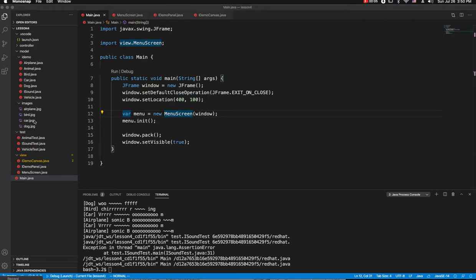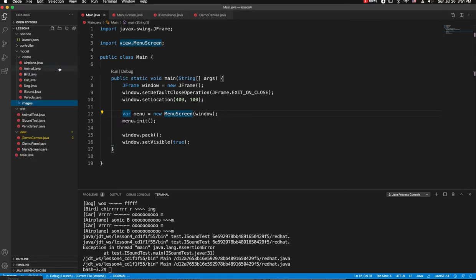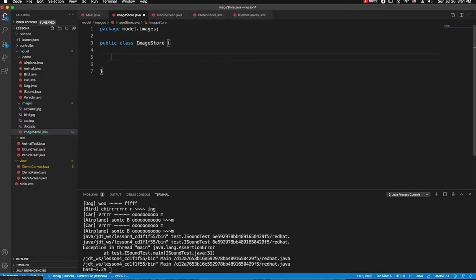Let's now read those image files and then convert them to an image object for Java Swing graphics. So inside the image is a subfolder, a package. Let's define a class, an image store class. And then we are going to have a public static access. So public